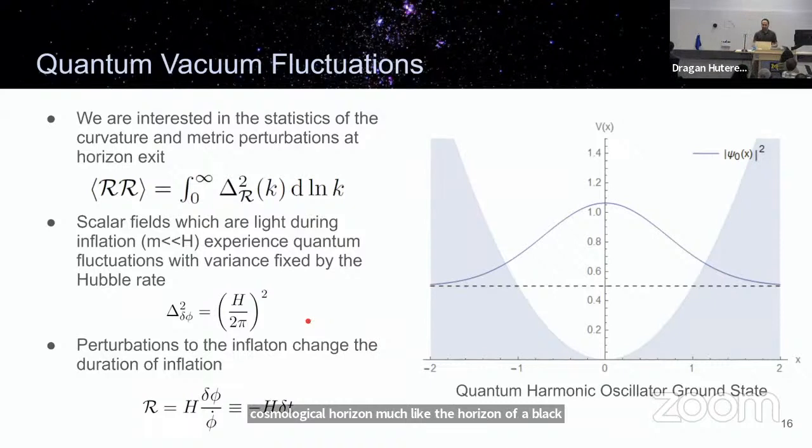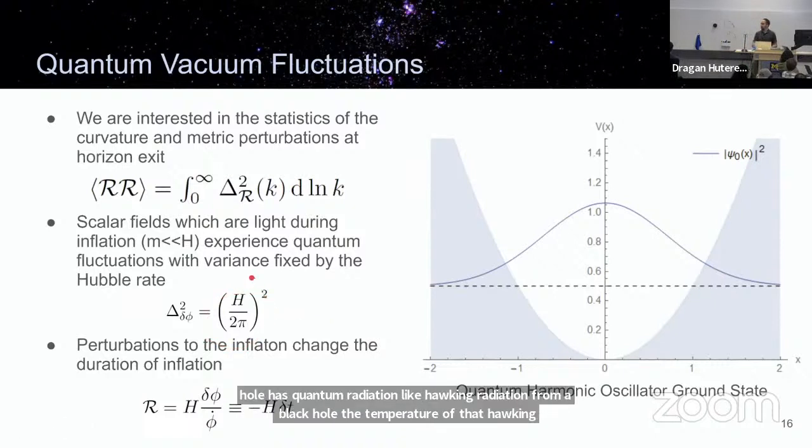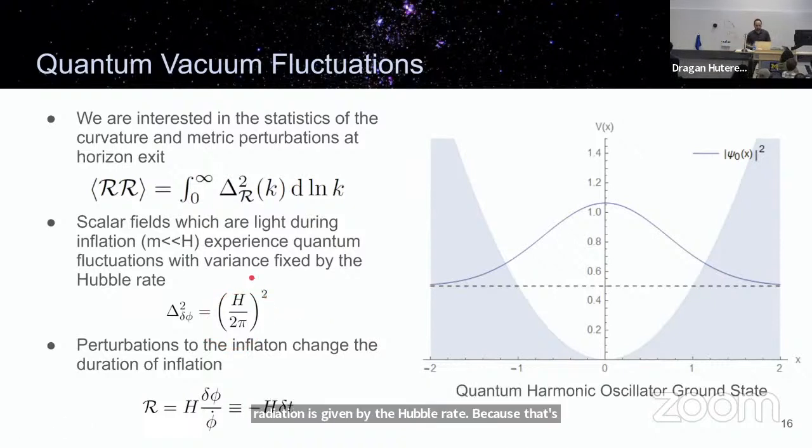The temperature of that Hawking radiation is given by the Hubble rate, because that's what sets the scale of the horizon. Regardless of how you want to think about it, any light scalar field whose mass is sufficiently below the Hubble rate during inflation is subject to a variance that is proportional to the Hubble rate squared. Okay, and good. So if you take my word for that,